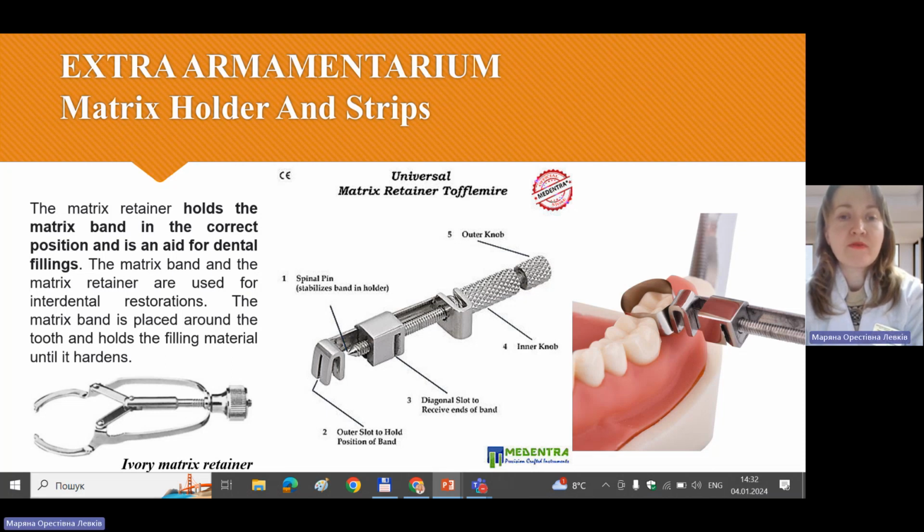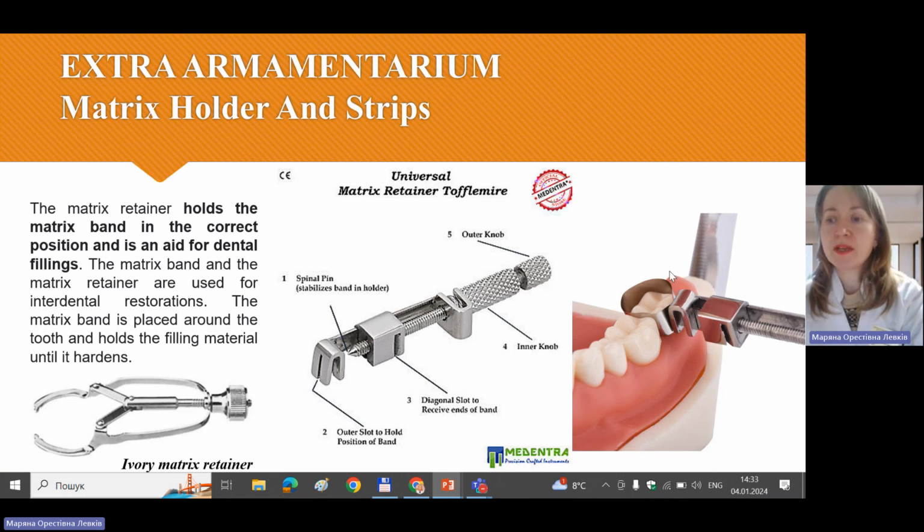If there is no use of a matrix holder and a matrix strip in a second-class cavity, there is a possibility that material will flow into interdental space, causing problems with brushing the teeth, impossibility to use dental floss, and eventually this could lead to inflammation of interdental papilla and then gums, and possibly could lead to more severe problems leading to periodontal inflammation. And you can see here the position of matrix holder, Toffler-Mir, the most widely used,